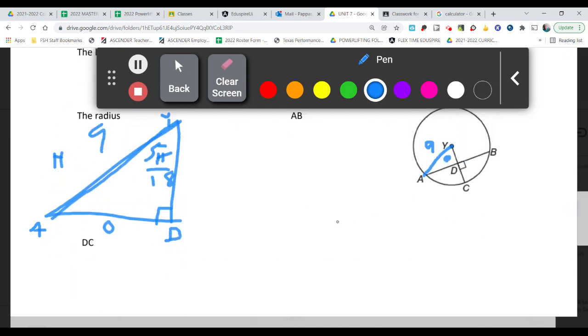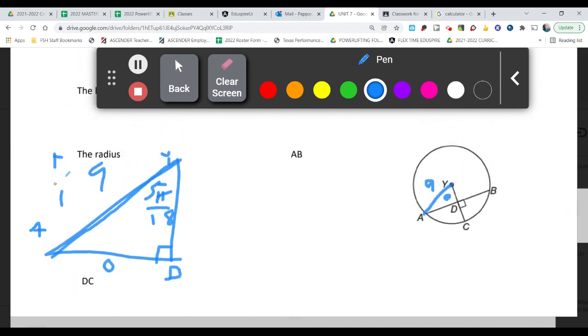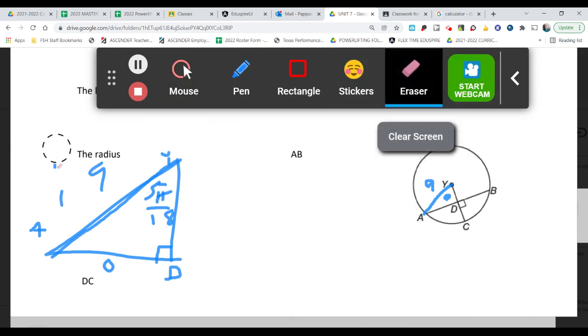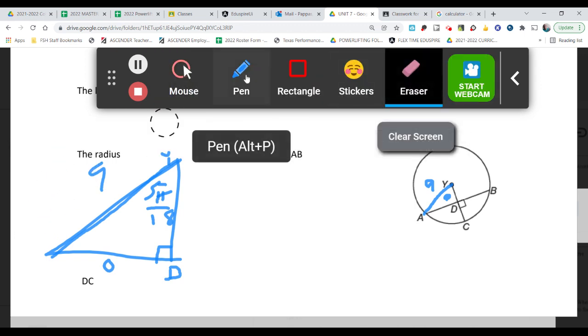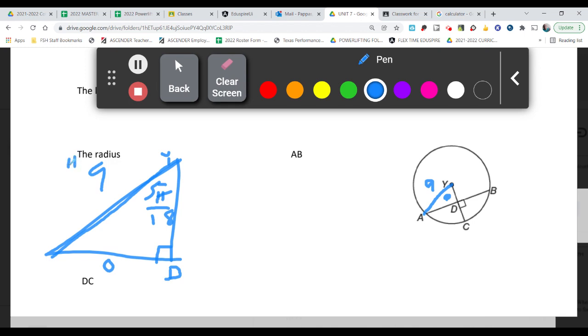I'll come down to this triangle here. It's drawn up a little better. So the radius is 9, and that's the hypotenuse. We're trying to find the opposite leg. Okay, so we're gonna use sine. So to find AD, which is what we're looking for,